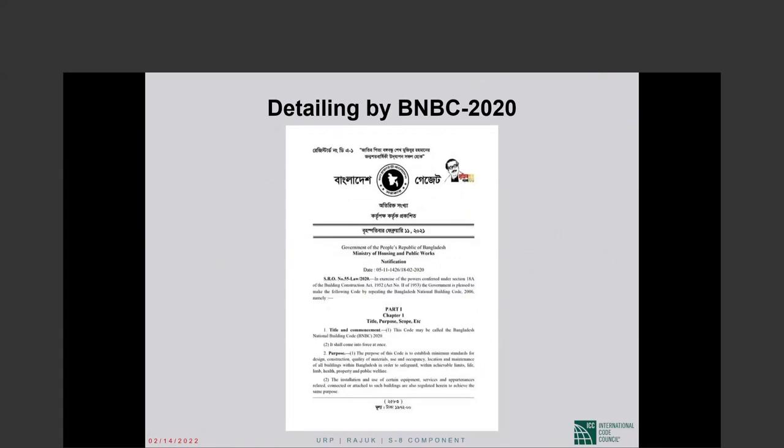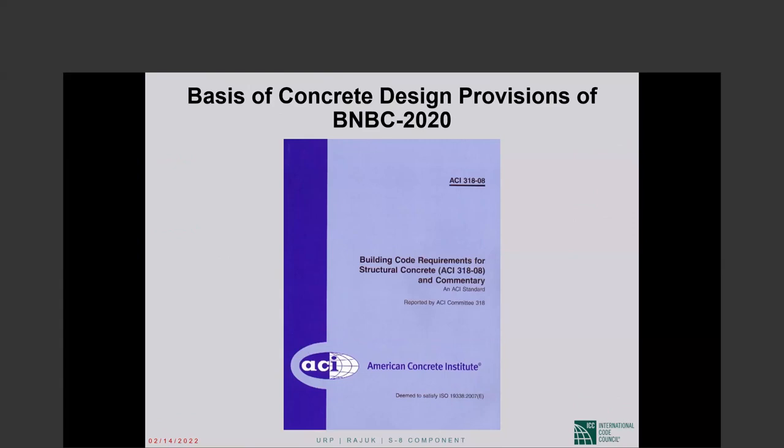The design that we will discuss is based on BNBC 2020, which has been recently gazetted, as you know, and the reinforced concrete design and construction provisions of BNBC 2020 are based on those of ACI 318-08. That is